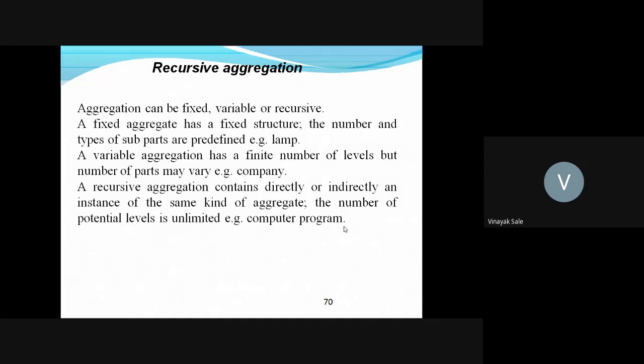Variable aggregation has a finite number of levels, but the number of parts may vary. For example, a company. A recursive aggregation contains, directly or indirectly, an instance of the same kind of aggregate. The number of potential levels is unlimited. For example, computer programs.